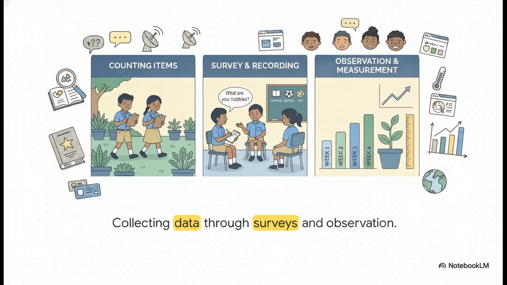Well, before we can organize anything, we actually have to collect it. We gather this raw information directly from various sources. We might ask people exhaustive questions through surveys, because we all just love filling out a tedious 20-page questionnaire, right? We might read established facts in academic books, run targeted internet searches, or use precise instruments to observe and measure phenomena, like checking a thermometer daily to chart biological growth.